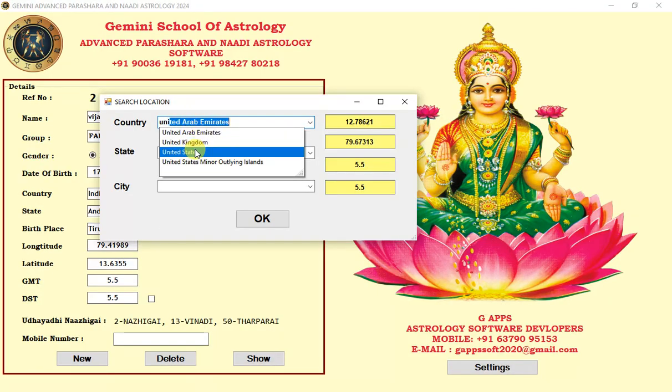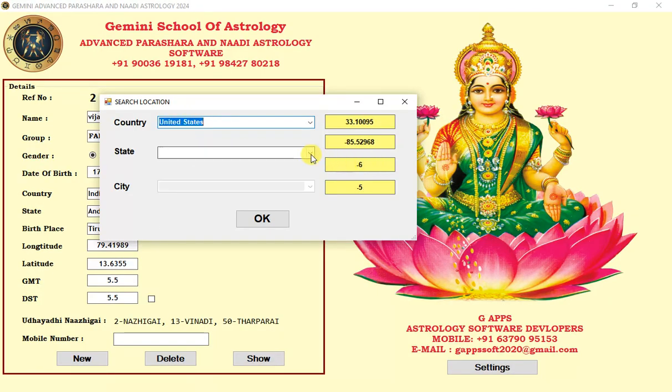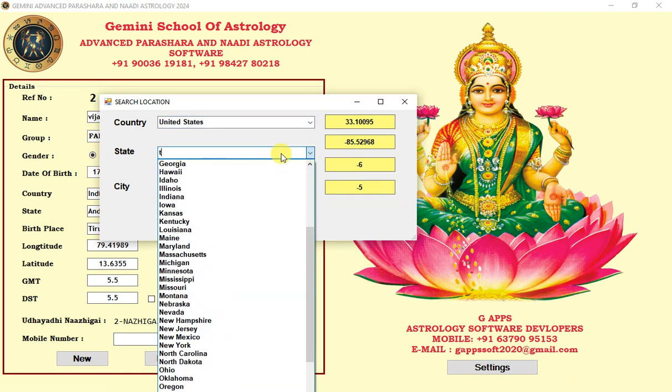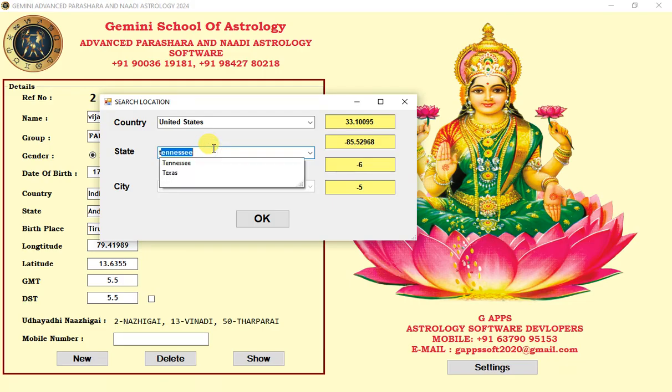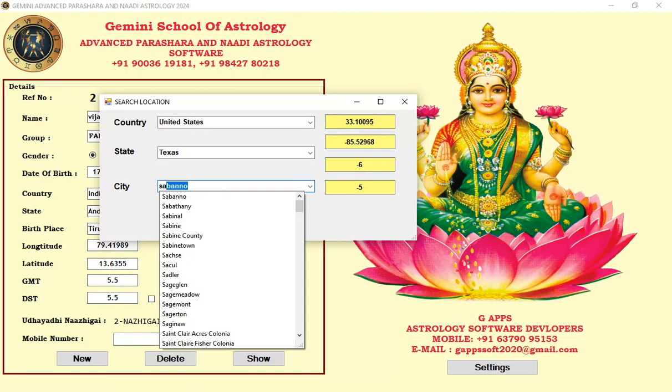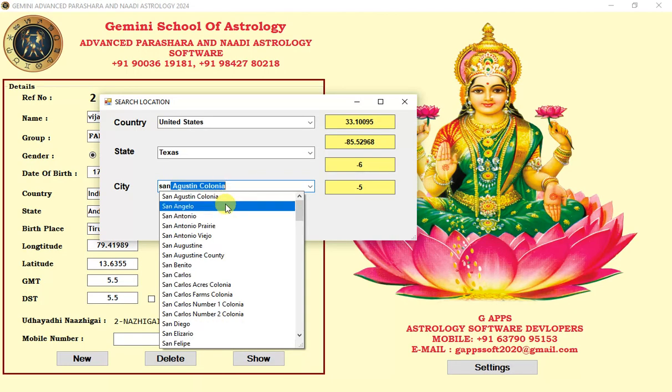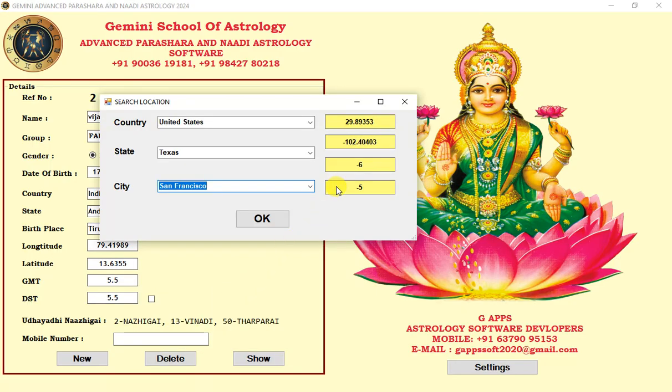United States, state Texas. So here San Francisco. Okay, so here if you see, the normal timing is GMT -6, and while in daylight saving time